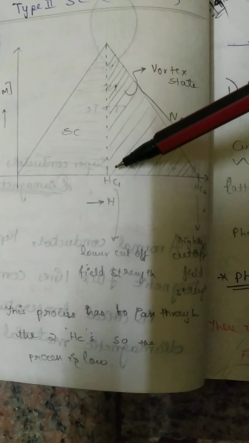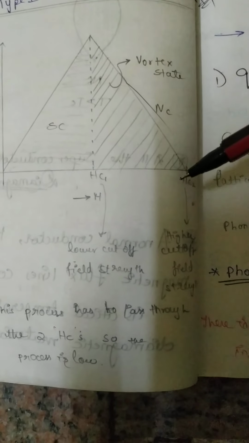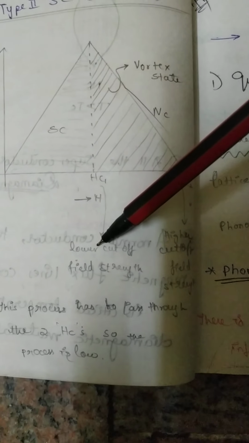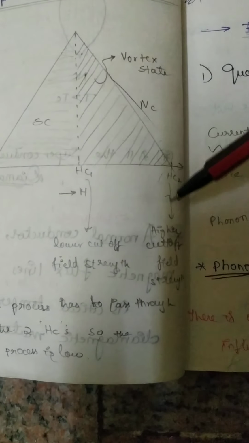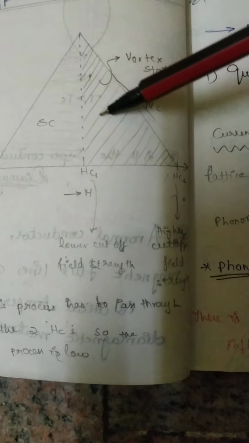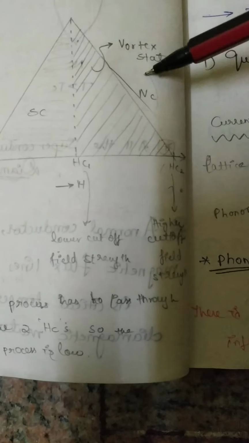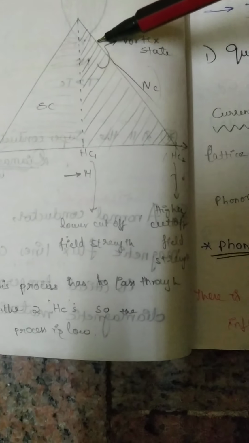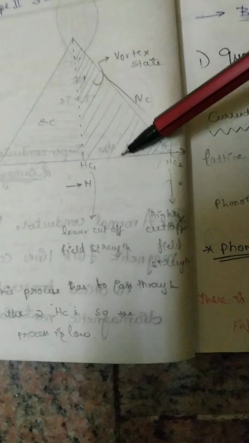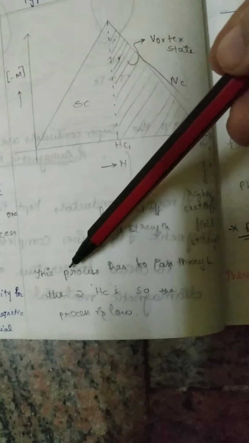We will get Hc1 and Hc2, that is the lower cutoff field strength and the higher cutoff field strength. Now we have the vortex state, and then the normal conductor. And this process has to